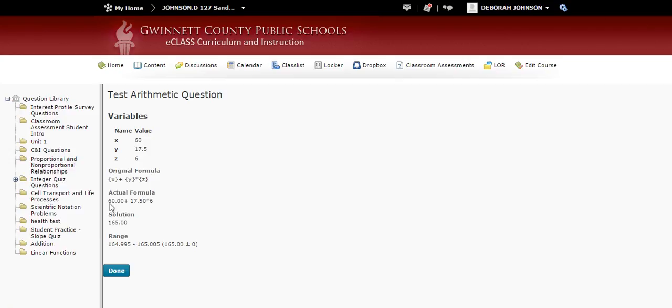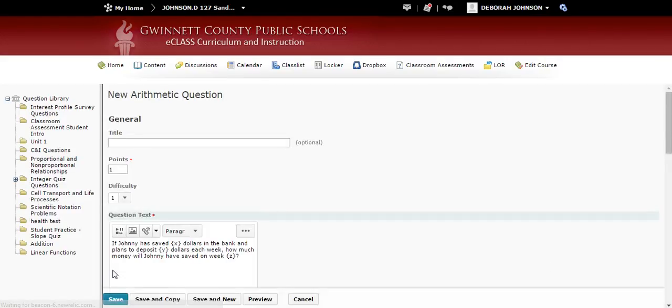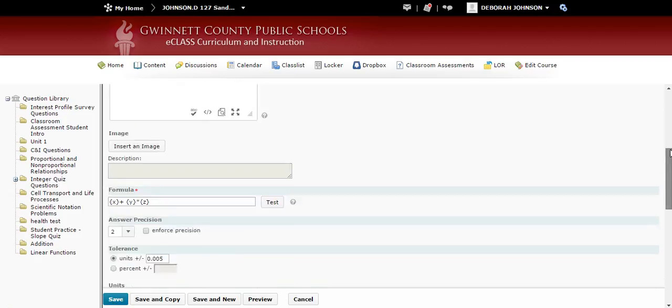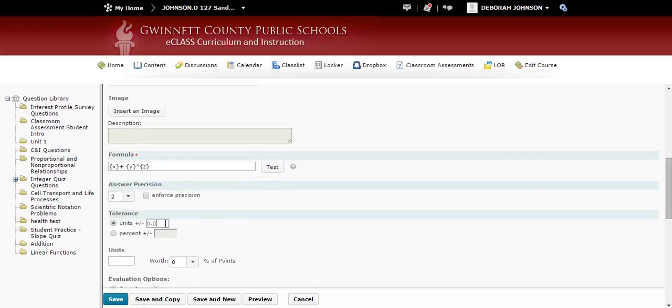I recognize it's going to start with the value for X. It's going to take the Y and the Z, multiply it, and add it together. Since I'm happy with my final answer, I'm going to tell it that I'm done, and then I'm going to proceed to save. Now, keep in mind, for this tolerance, you don't have to have it as anything. You could just leave it as 0, and